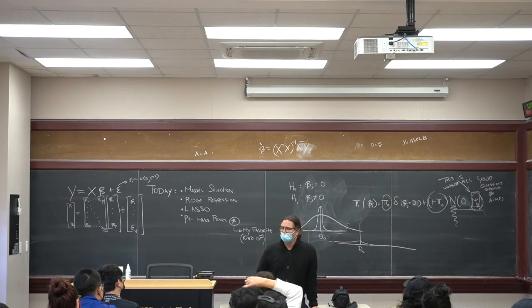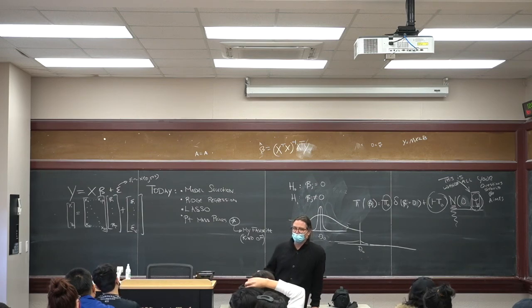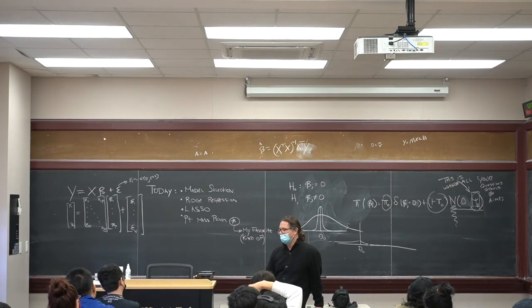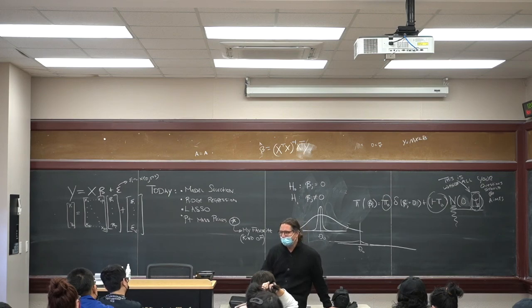And then I'm going to start doing other things. So I'm going to maybe let the x's be a little bit associated. Maybe I plug in too many x's or something like that. And I still know what the generating model is, and I'm going to ask you to figure it out. And you're going to apply all these different techniques. And you're all going to get slightly different answers. And you're going to want to know which one is true, and can you ever figure it out? And the answer is probably not. So I tend to think it's reasonable that maybe you're able to figure out about 80% of the betas, or something like that, which ones are the right ones that are in the model.